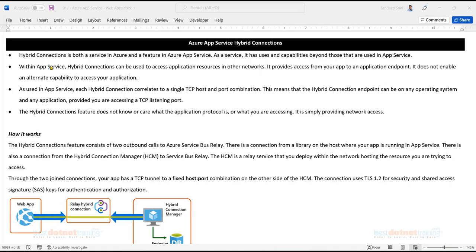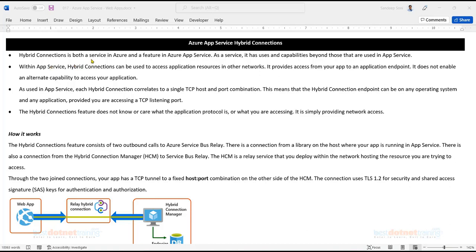VNet itself is not there. Forget about site-to-site VNet. How can I make an app service access an application running in a machine on-premise? That is where this hybrid connection comes into the picture.